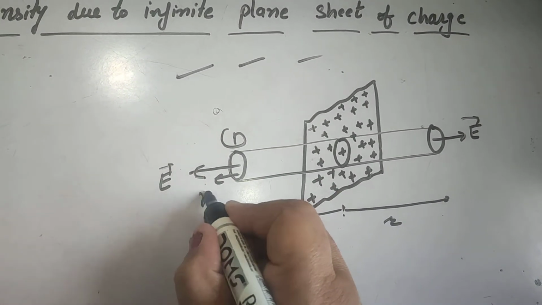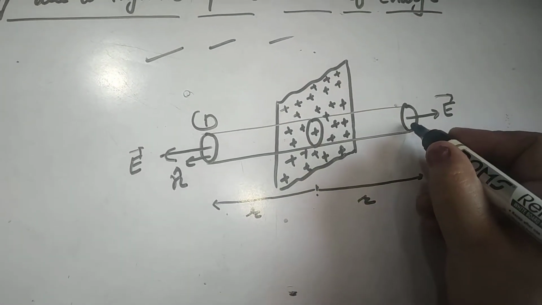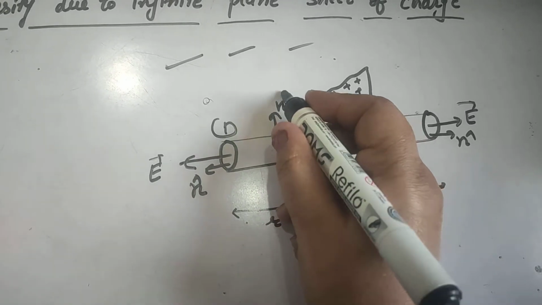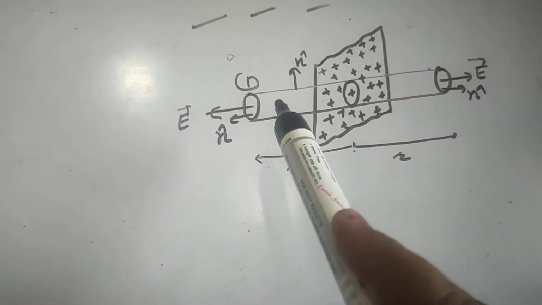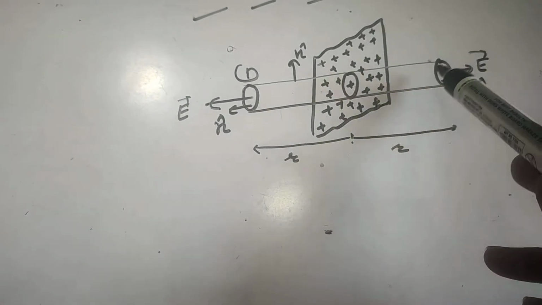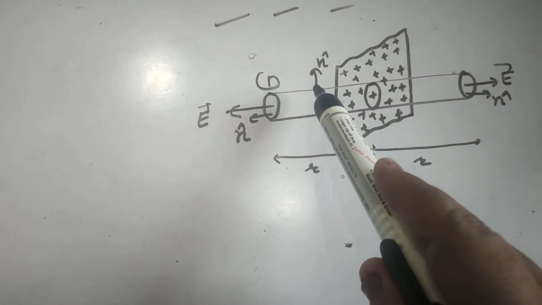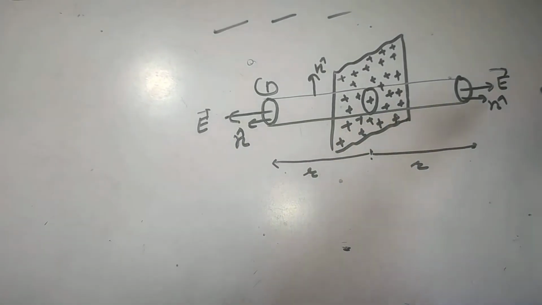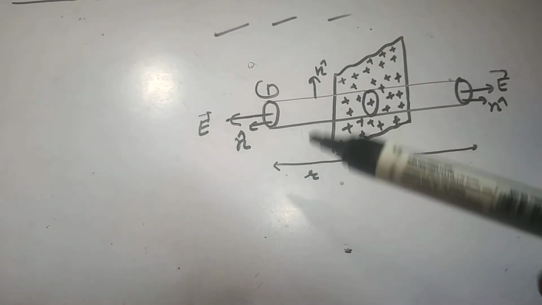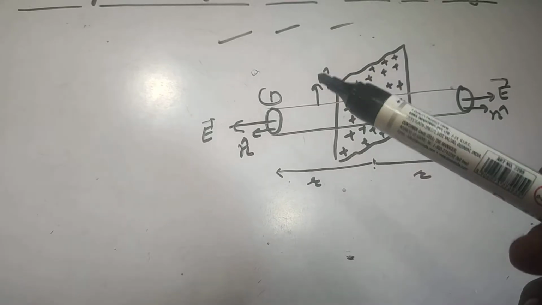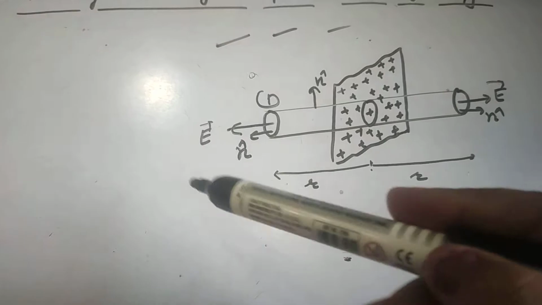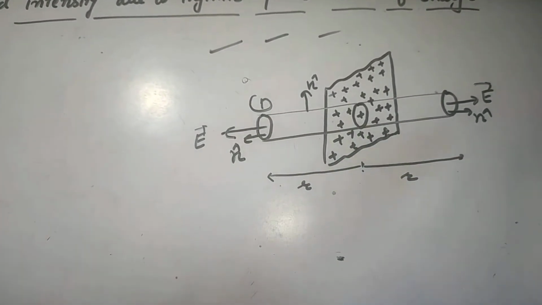Surface 1 is having unit vector n cap, surface 2 having unit vector n cap, and surface 3 having unit vector n cap. Now you can see here clearly the angle theta between E and N for the first surface is 0, for second surface is 0, but for the third surface it is 90 degrees, because the direction of field lines is along x-axis, either positive or negative, and the normal is outward drawn normal along y-axis. So angle theta is 90. It means the flux for this surface will be 0. The flux will be only along this line.